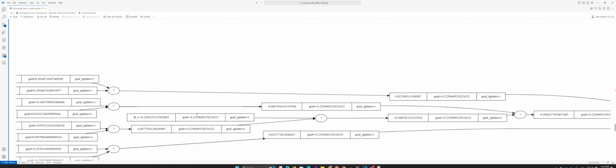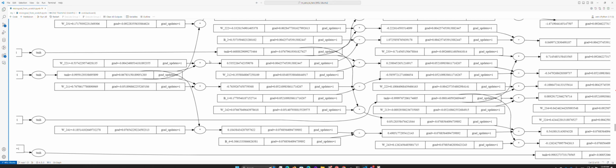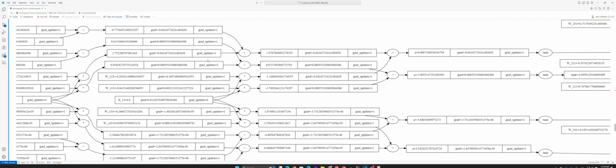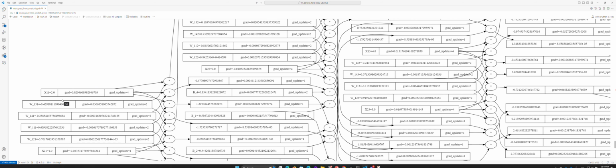And why I've also added this grad updates is to exemplify a little better how this backpropagation works when you have many training samples. So in this case, we have, as shown, 1 training example. But now let's say we have 2 training examples, we can see that